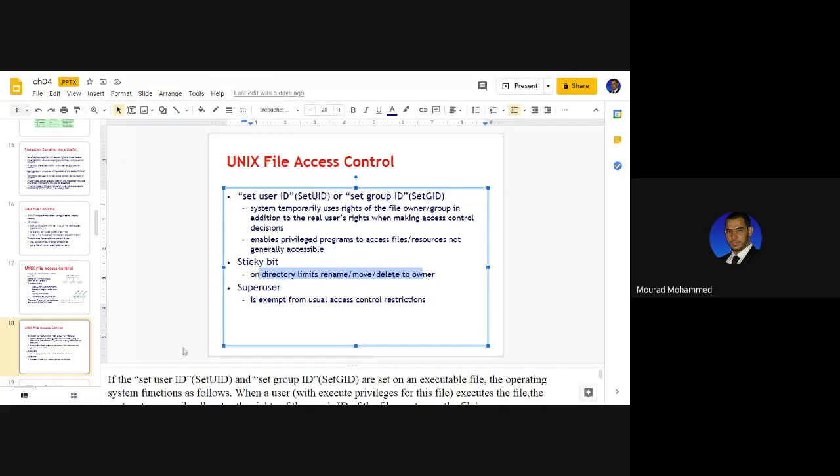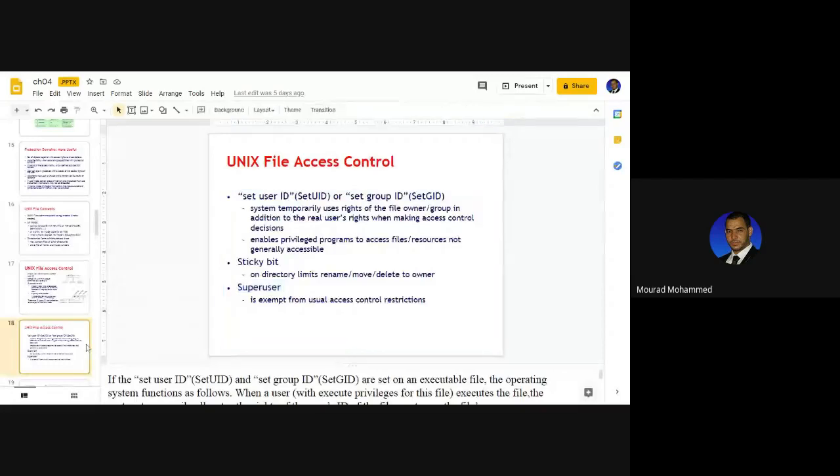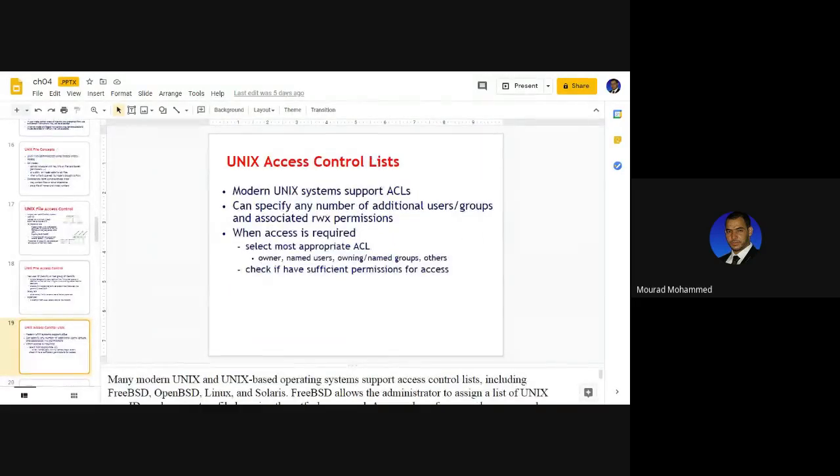The sticky bit specifies the privilege given to you, that you are able to delete and modify. This sticky bit is by default given to a super user. Super user, you have the right to delete and rename and move and so on. So a super user is the main administrator within the environment, the privileged user. Here, we talk about Unix mainly.